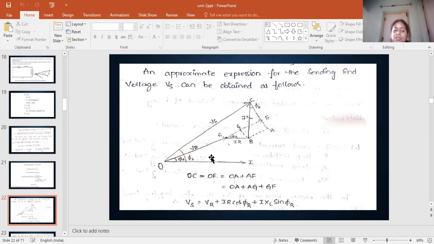Here we know in the phasor diagram, current I is the reference vector, and here OA is the representation for the receiving end voltage, and Vs is the sending end voltage. Okay, and here draw a line exactly equal to the Vr equal to the Vs value. Okay, once again I will just finish that.